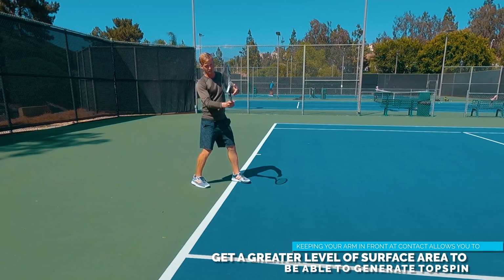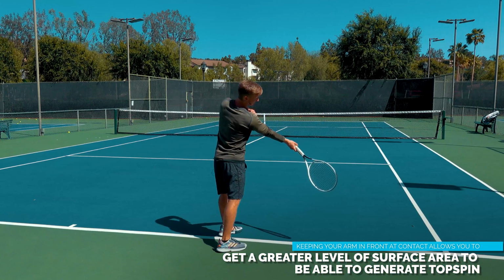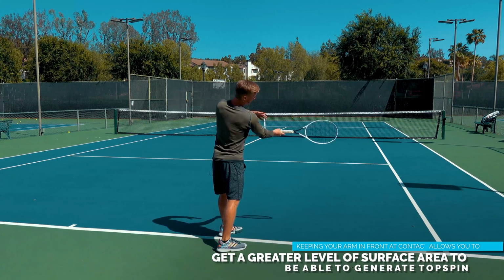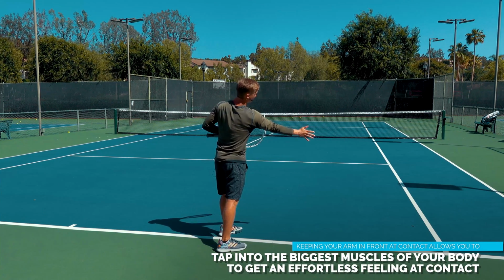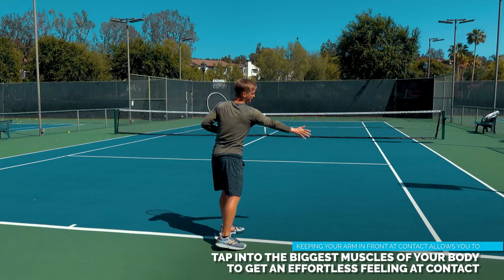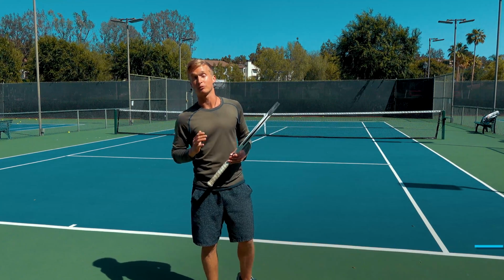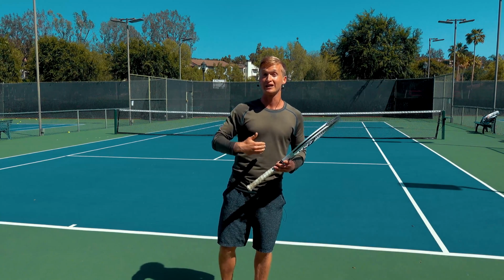Number one, you're actually going to get a greater level of surface area to be able to generate topspin. And number two, it's going to allow you to tap into the biggest muscles of your body to get that nice, effortless feeling at contact. So after you've achieved that optimal contact point, a great follow-through checkpoint that you want to